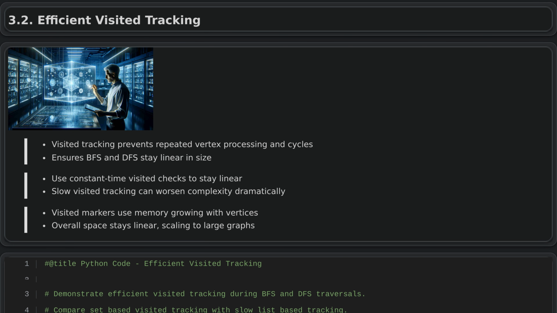Efficient visited tracking. When analyzing the time and space complexity of breadth-first and depth-first traversal, it is crucial to keep track of which vertices have already been visited. This prevents cycles and repeated exploration, so each vertex is processed only once. By marking visited vertices, every vertex and edge is handled a constant number of times. As a result, the complexity can be expressed cleanly in terms of the number of vertices and edges without extra